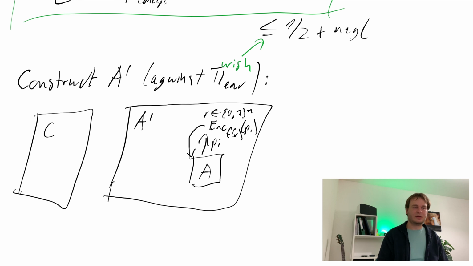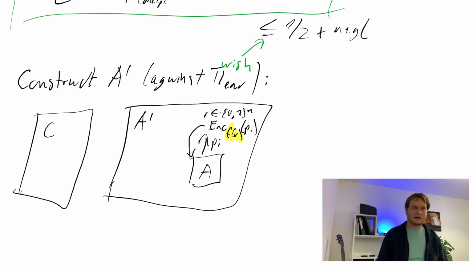and then, in its head, simulate this properly random function f, and then it encrypts using f of r. So notice that f of r is not actually a thing in the scenario of A prime. There's no random function, and A prime doesn't have the runtime to actually write down a random function. But the trick here is pretty simple. You will see this in the lecture again and again.